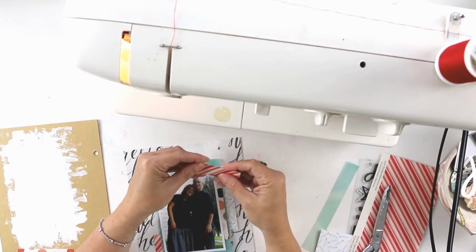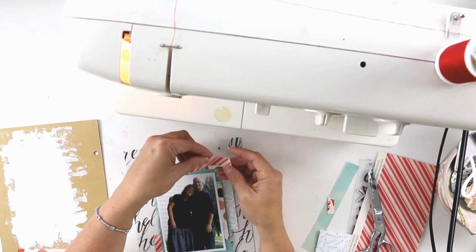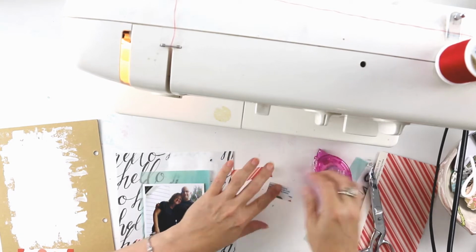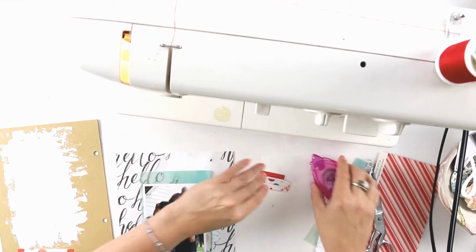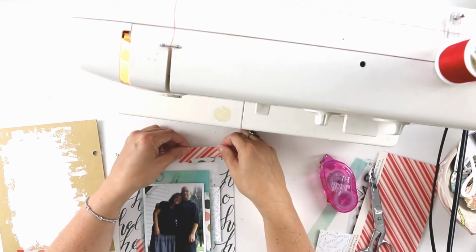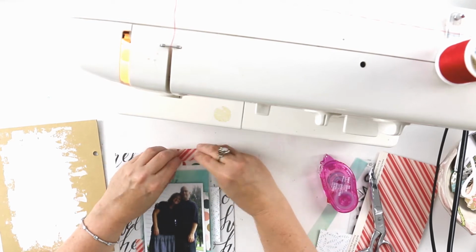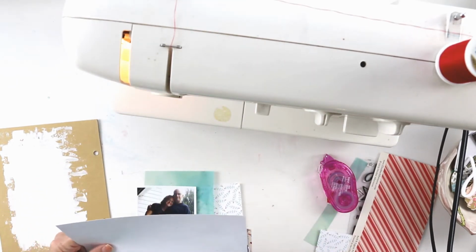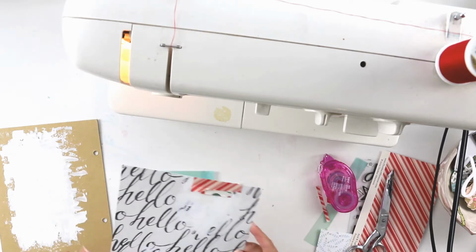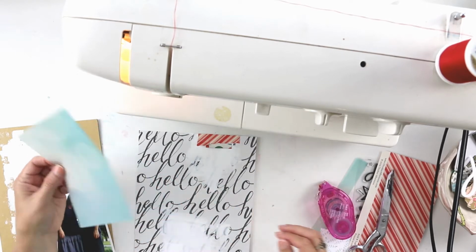And so I'm going to just do a couple of little strips peeking out from underneath the photo itself. I'm just sort of arranging what I want it to look like around the photo, and then I'll adhere it down. I'm also adding this little tab here at the top just for a little bit of visual interest. And of course the gesso that I already laid down provides a little home base for those